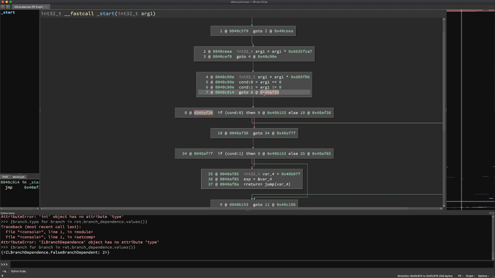Oh no, actually it's because there's a jump in between. So they only do the condition folding into the if if and only if there are no instructions in between the instruction that set the flag, which in this case would be this instruction, and the if that is actually checking it. So because we have this jump that's right in between,